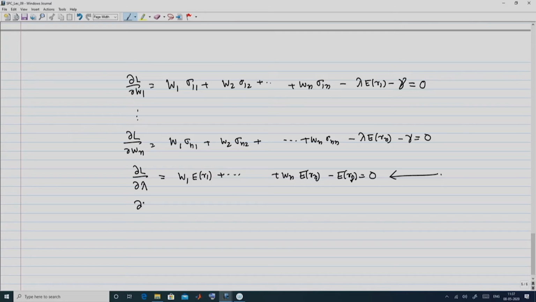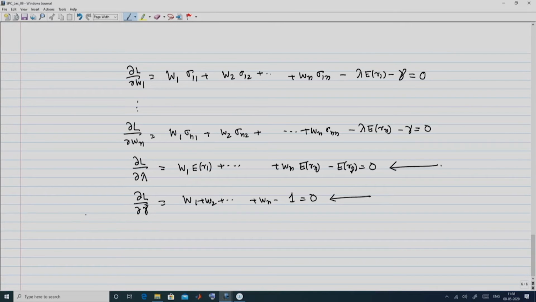Okay, so then del L del lambda del gamma, this is going to be W1 plus W2 all the way to Wn minus 1, and this is going to be equal to 0. So, this is satisfying the constraint that the sum of the weights is equal to 1. Okay, so, in concise form